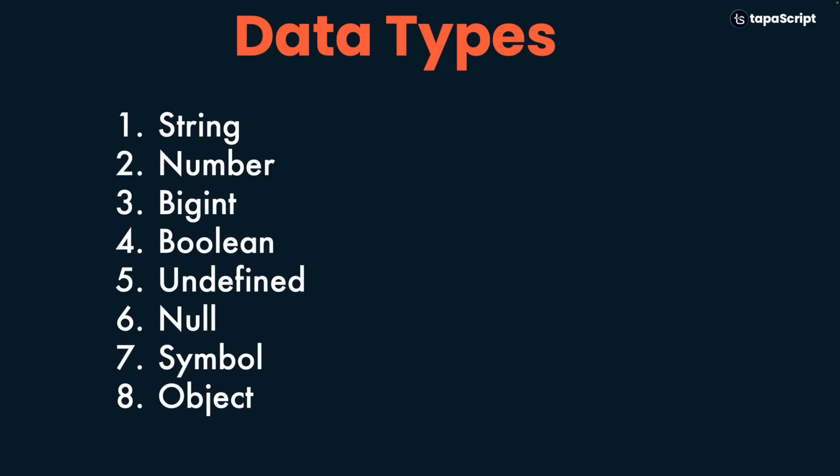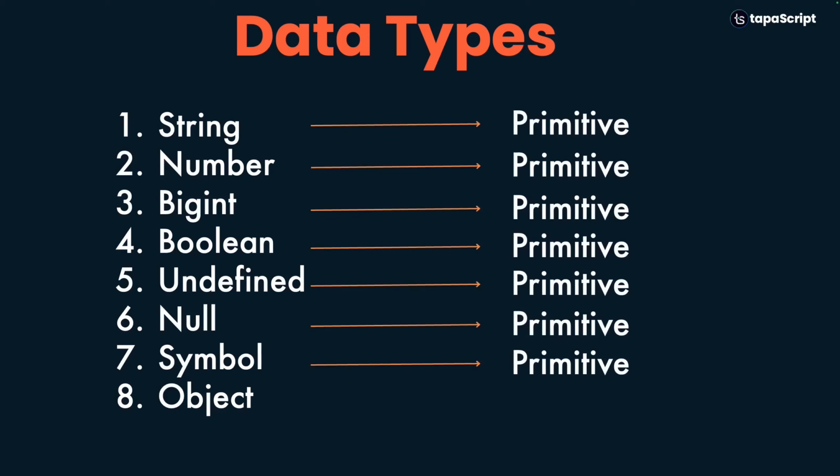And among these, they are classified into 2 different sections. The first 7 are called primitive types, and the last one is a non-primitive type. Now, the question might come, what is the primitive type? What is non-primitive type? What is the difference between primitive and non-primitive? So primitive means they are the basic types. It means a string, a number are the very basic types, and non-primitive means a complex type that is built